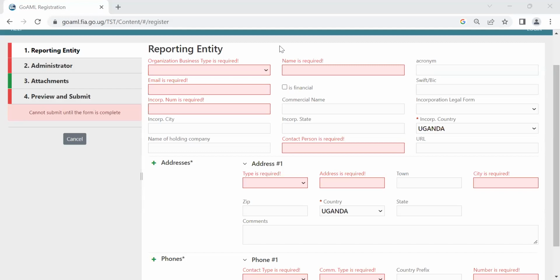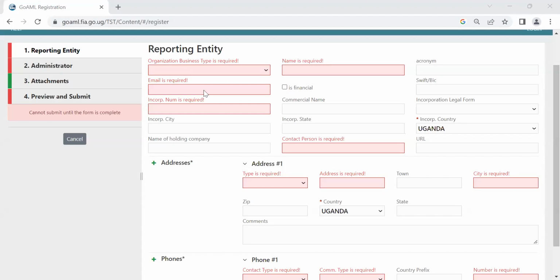So there's a question: the people who registered last time, can they repeat this process? Yes, they can. If you want to try it out, you can repeat the process. There's no harm. But if you're comfortable that your account is there, then no need to repeat. So if you registered previously on the test environment, it's not mandatory for you to go through this process, but you can still go through it just as a recap.